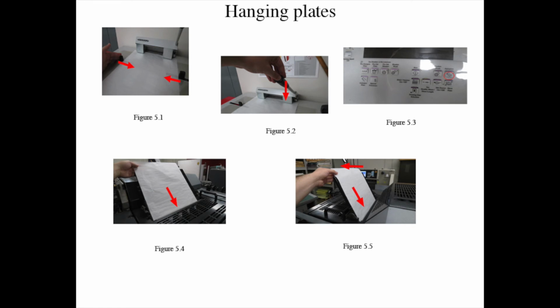Procedure, hanging plates. Step 1, first align the plate in between the two unilateral guides, figure 5.1, and position the plate, and then punch the plate gripper side of the plate side, which contains the info name of the color, figure 5.2. Step 2, install separator guide inside, figure 1.6, by opening the press up and using the handle to